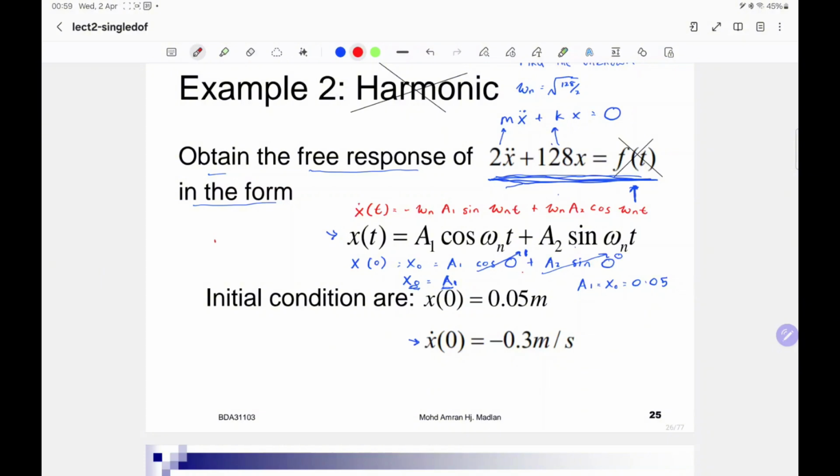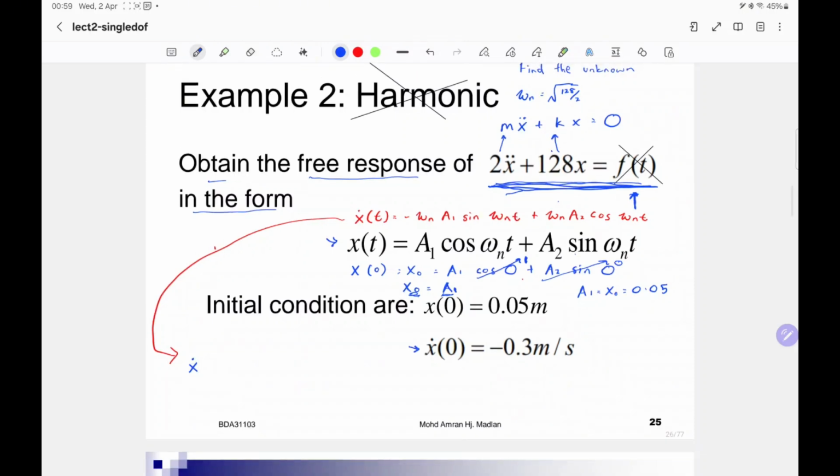Then what we need to do is apply the initial condition. So from this, x dot naught,